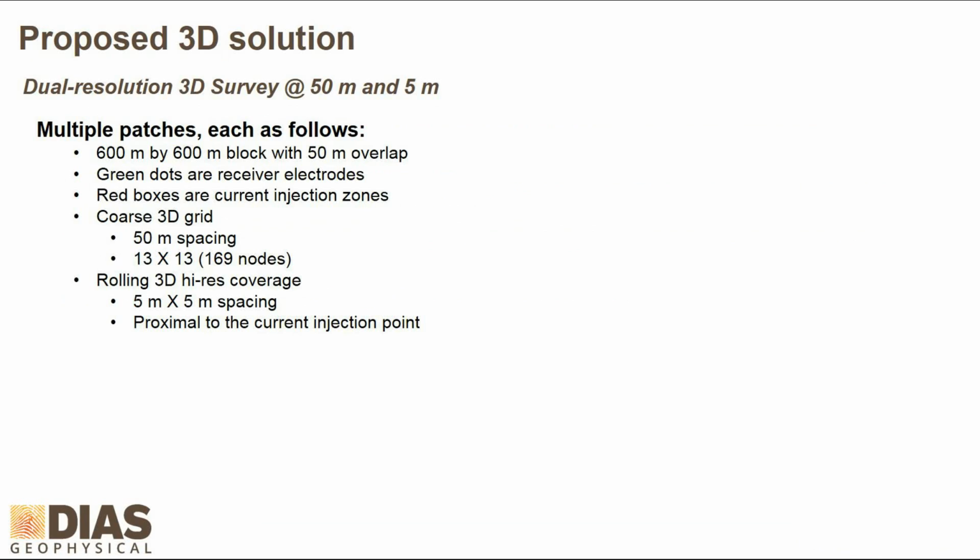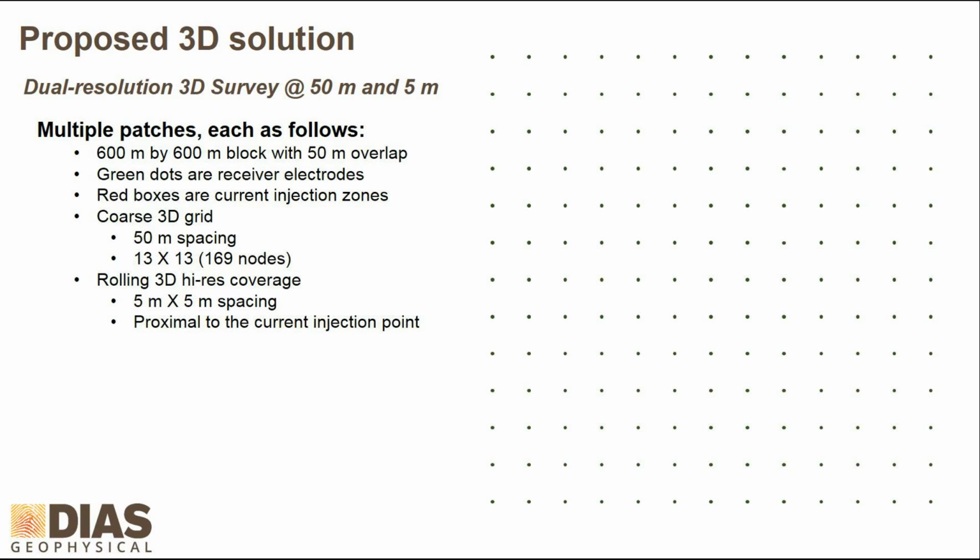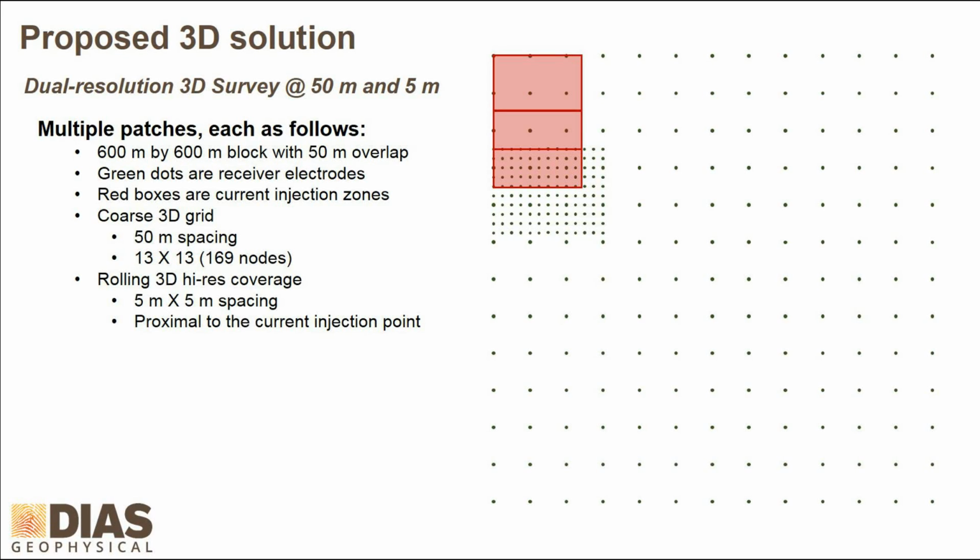So we're proposing a 3D solution. It's actually a dual resolution survey using a 50-meter inter-electrode receiver spacing and a 5-meter inter-electrode receiver spacing. So that would look something like this. There's your coarse grid. These are at 50-meter spacings across the survey area, and then you can go in and fill in a much finer portion of the survey area, inject, and then move along as you're injecting through the survey